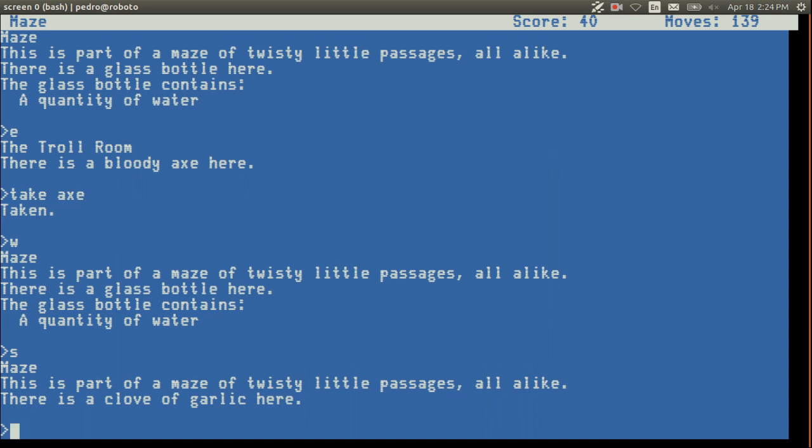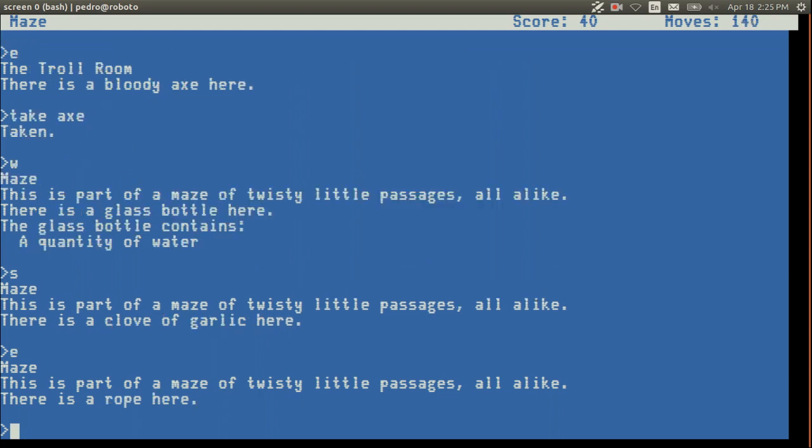We need to find the state. Go south again, and then we have, well, south from the garlic room? Never mind. We haven't gone west in the east bottle room. East. Oh, yeah, we're in the rope room. Is there anywhere else we can try in the rope room? We've tried all the directions.